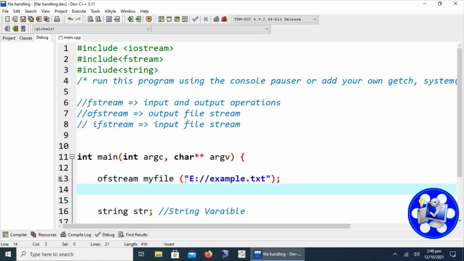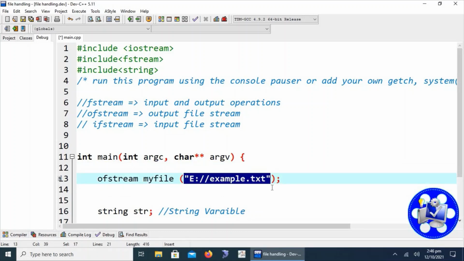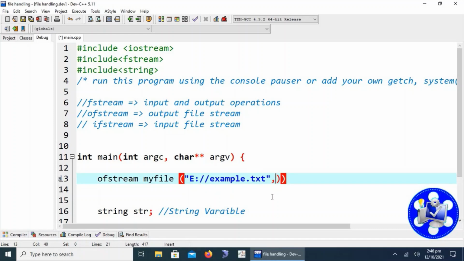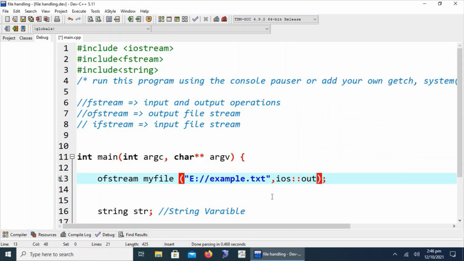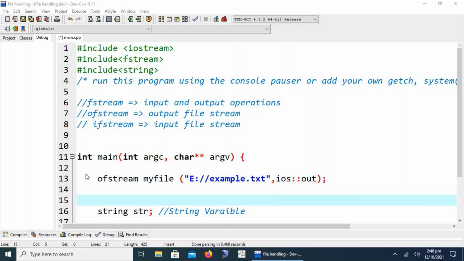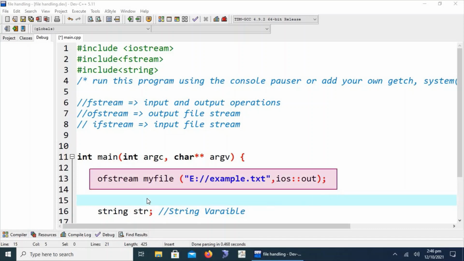Again, we will discuss this. Here we provide the address of the file, and we can also specify the operation that can be applied to this file. We are using this object to write the file, that is why we are using ios::out. So let's discuss this line again. This is the ofstream file object.